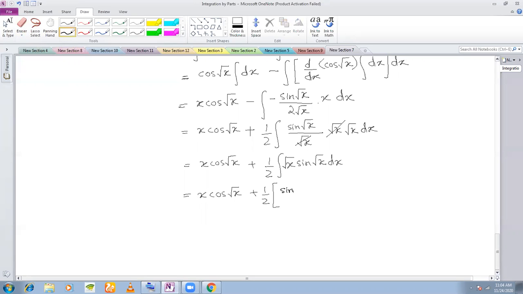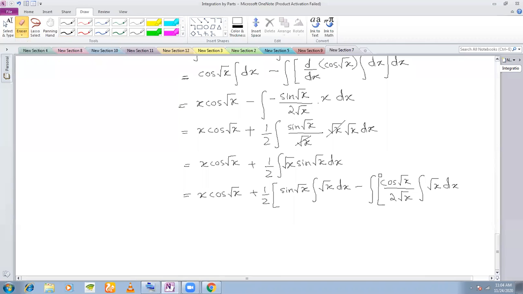So you treat this as your first function, sine root x integral root x dx minus integral of derivative of sine root x, which is cos root x by 2 root x, into the integral of root x dx, and this whole thing